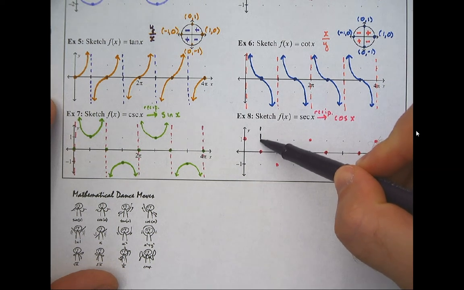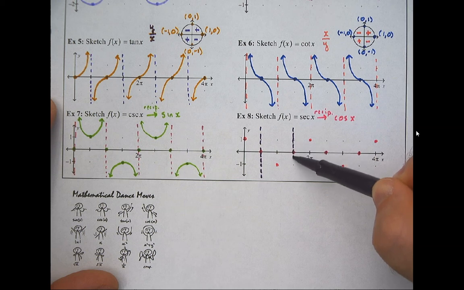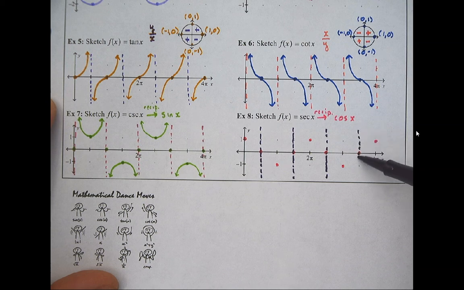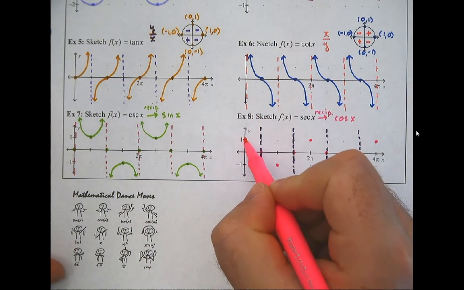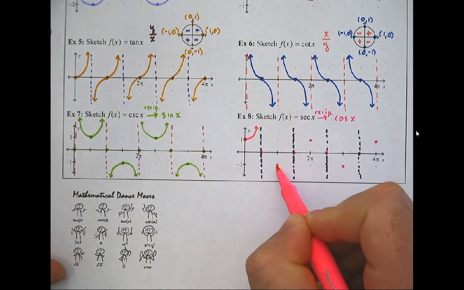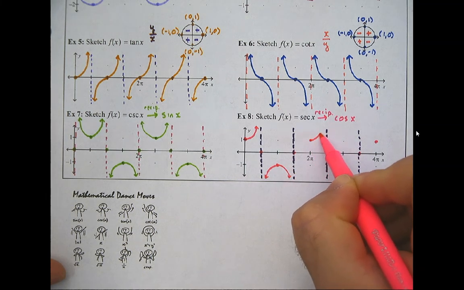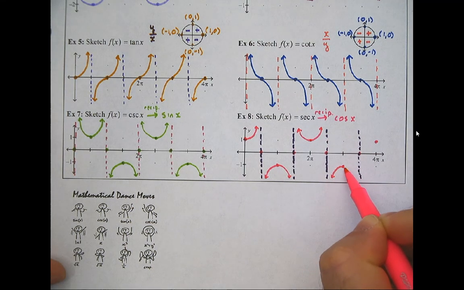The reciprocal of 0 is undefined. -1's reciprocal is -1. 0 is undefined. 1 is 1. Reciprocal of 0 is undefined. Reciprocal of -1 is -1. Reciprocal of 0 is undefined. And then just like we did in the world of sine, these guts kind of get spilled outward instead of towards the middle. And this is a sketch